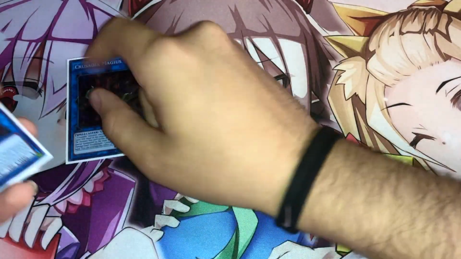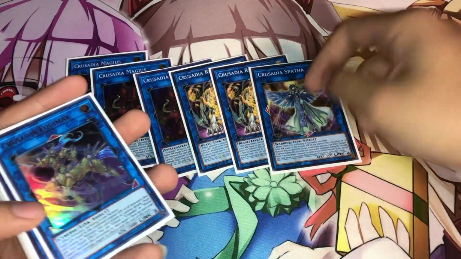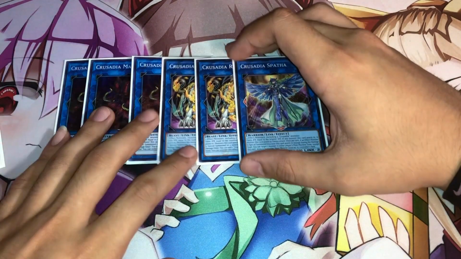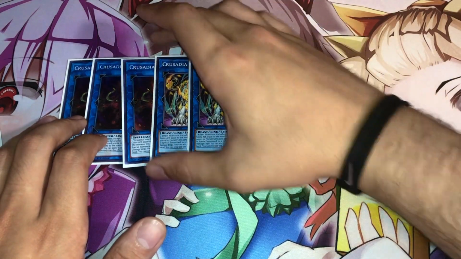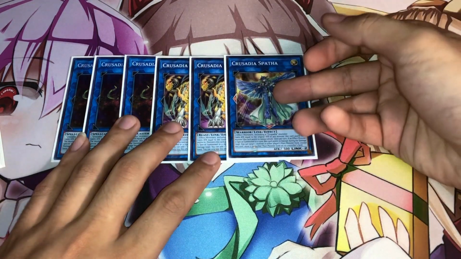So for the extra deck, you are playing triple Crusadia Magius, double Regulex, 1 Spatha. Spatha is not as important in this deck as it is in the Guard Dragon variant because you don't need to move your cards. However, the reason Spatha is actually not bad in this is because if your opponent, let's say, makes a board, but there are no negates or anything, they just have a big monster and you don't draw into a Kaiju, what you can do is essentially